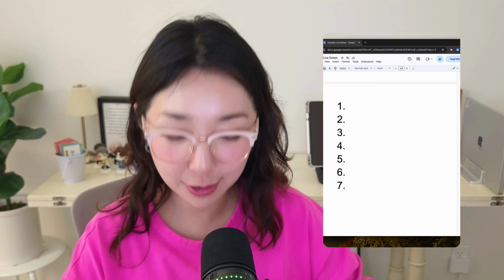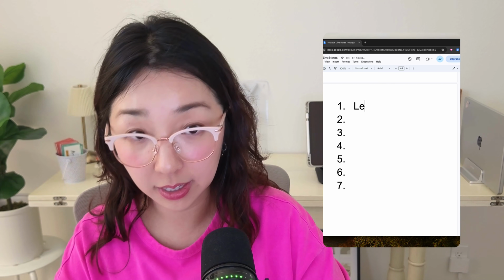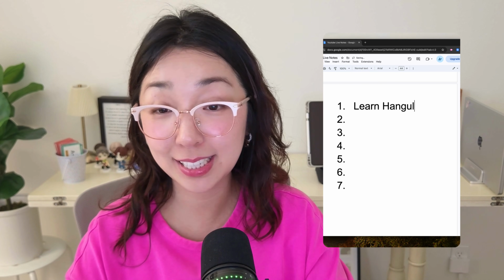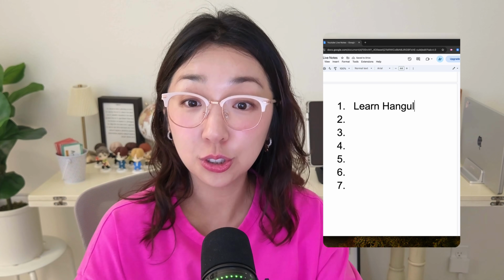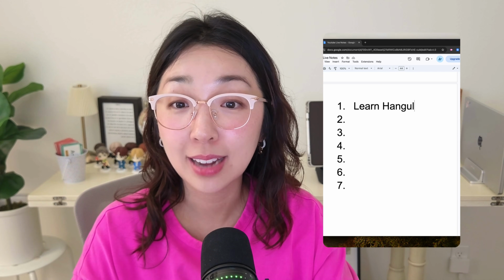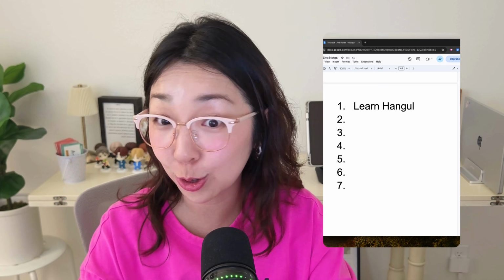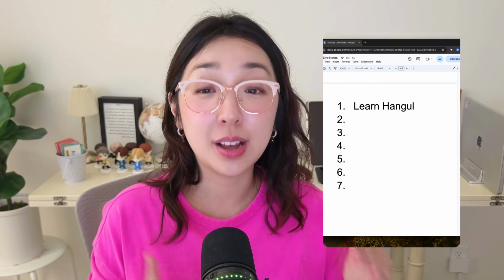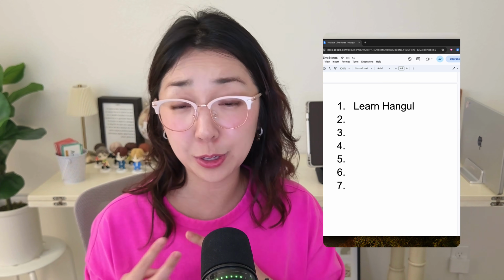Number 1, the very first step, as boring as it sounds, is to learn Hangul. Hangul is the alphabet of the Korean language. When you learned English, didn't you have to learn apple, banana, because that's the most logical way? Right? So I want you to not skip the foundation because later when you're forming sentences, when you're speaking Korean,